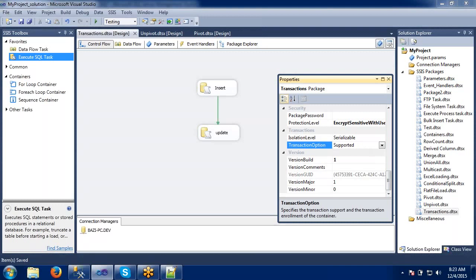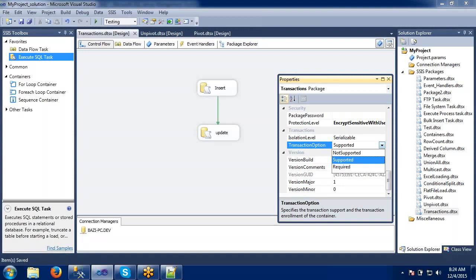We have 3 options in the transactions: Supported, NotSupported and Required. By default any package will be Supported. When we take the default option, Supported, it will join the first transaction. When I do insert and update, it will take care of the insert, but it will fail at the update. By default the Supported option works like that.